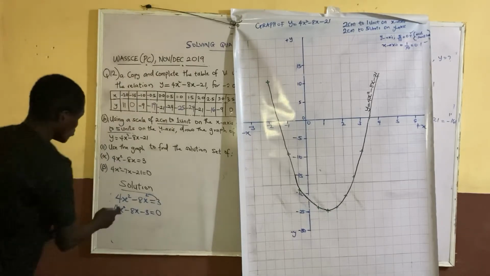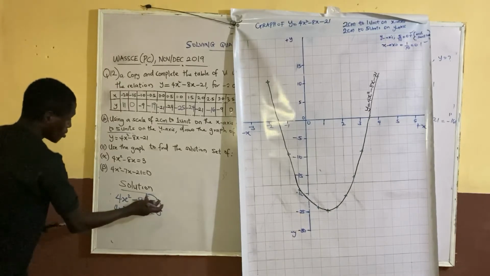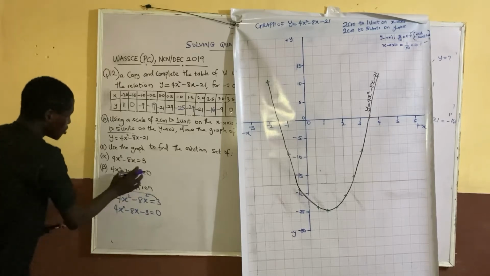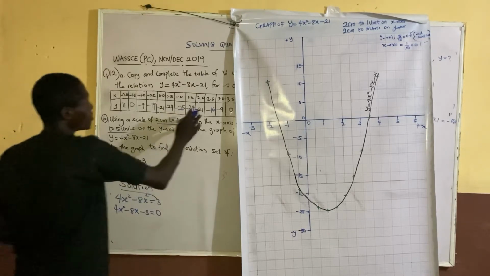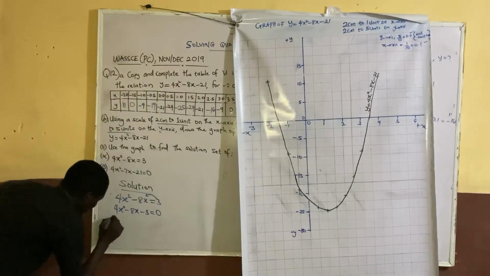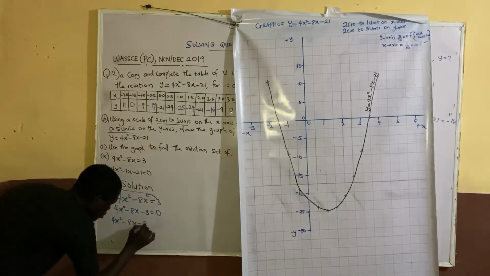I write this equation in form of quadratic equation. They bring the constant in. So it becomes 4x squared minus 8x minus 3 equals 0. So now how will I manipulate my given relationship of the graph to look like this? Now we have 4x squared minus 8x